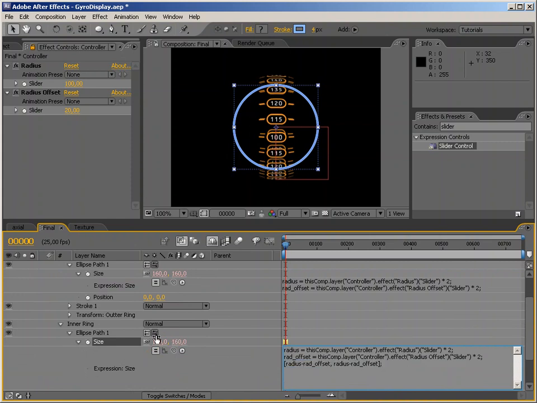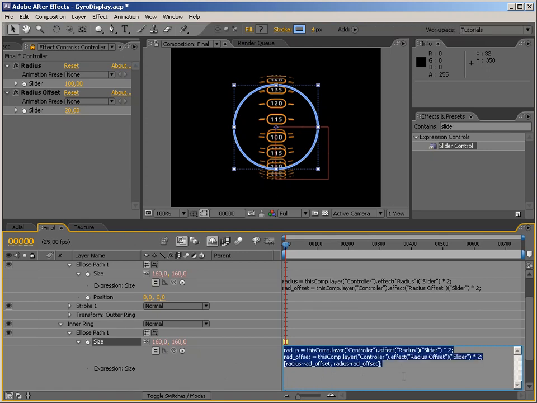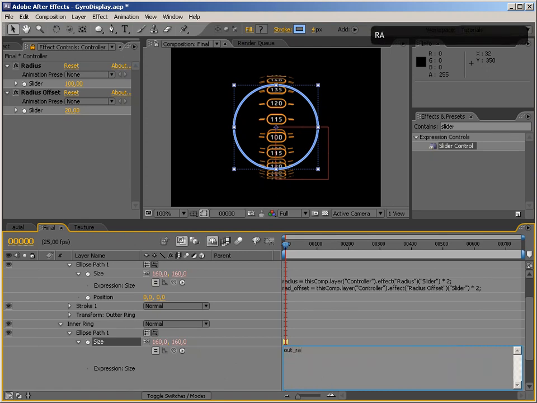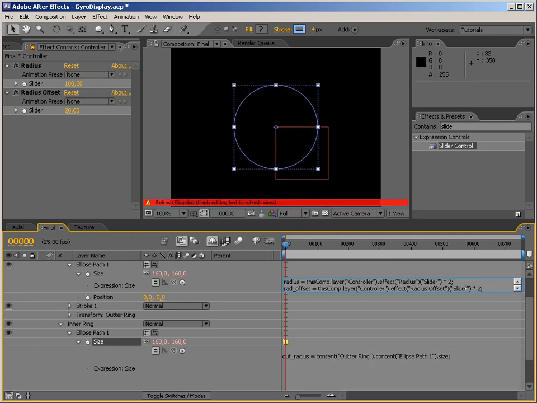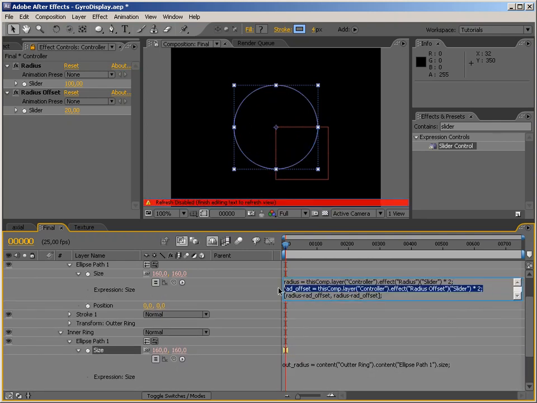And we can define the new value, which is outer radius, equals to this, and this is a 2-dimensional value. This is important. And before that, we can actually copy this line from here to define the offset